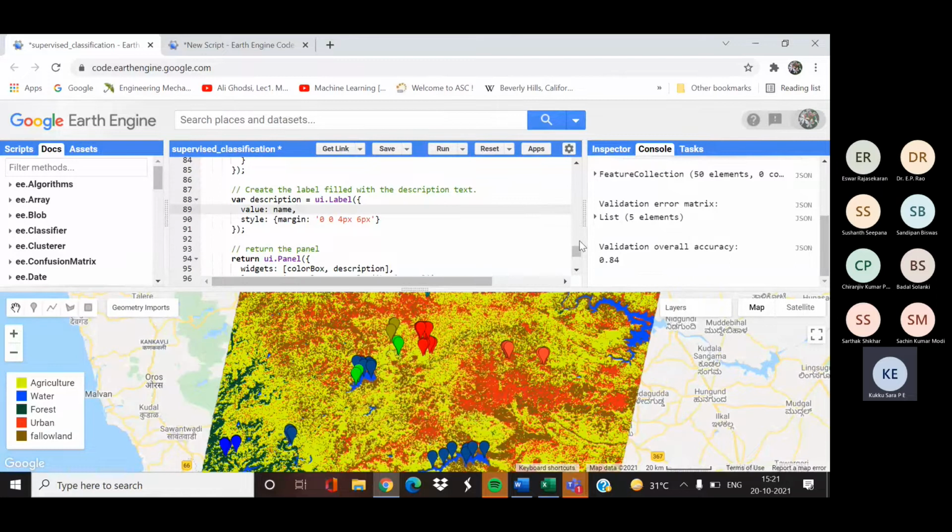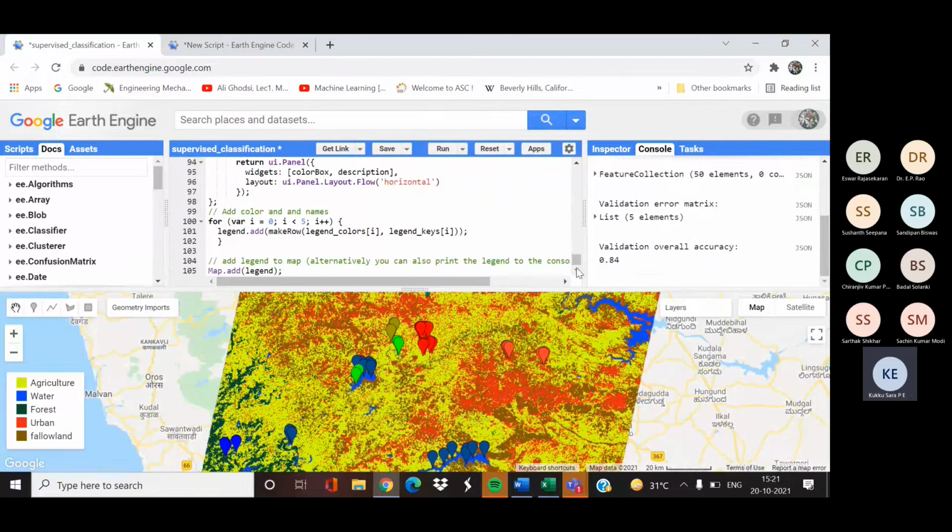This overall accuracy gives the overall classification accuracy, but it is not good when you need to know the accuracy of a particular class. Suppose we want to know how the agricultural pixels are classified, whether all the pixels for the agriculture class are correctly classified or not. This cannot be obtained from the overall accuracy.